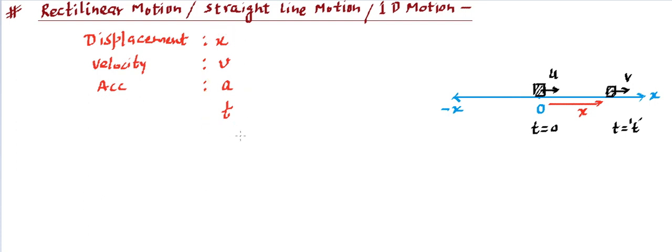All 4 means we need to know the displacement at all times, velocity at all times, acceleration at all times. So that means we have all the information related to that motion. Understood? Now we can relate them very easily. So what are the equations of motion going to be in this particular case? Equations of motion for one dimension.